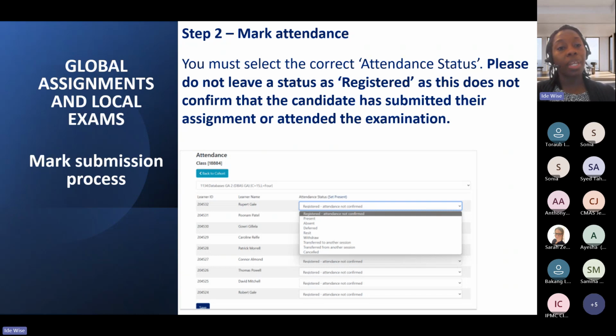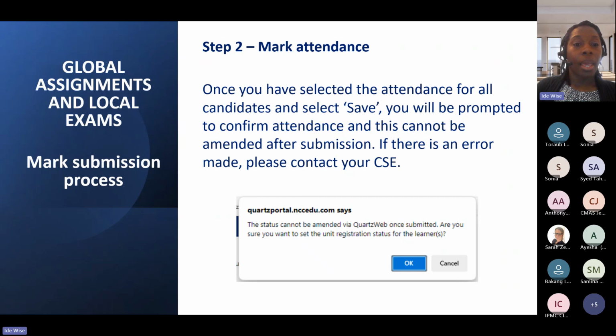If it's an assignment, by choosing present, we understand that something was submitted. And then once you've selected all your attendance, you'd obviously select save, and you'll be prompted to confirm the attendance. If at this stage you realize that you've made a mistake, you won't be able to correct the error, and you'll have to contact your customer support to do that for you.